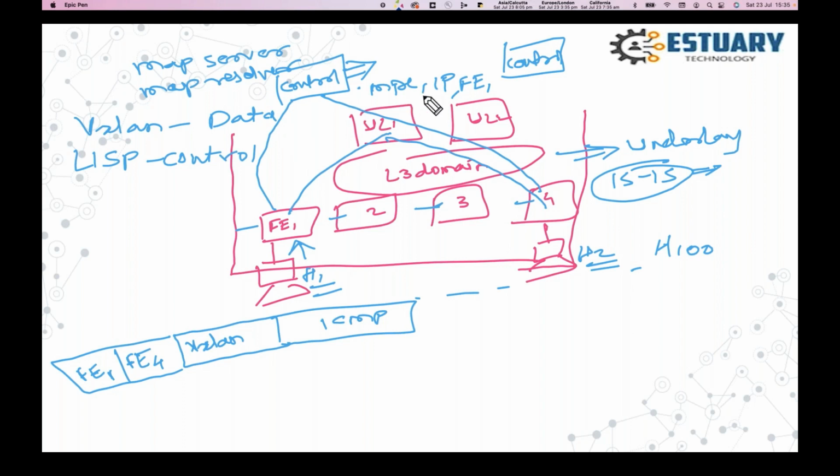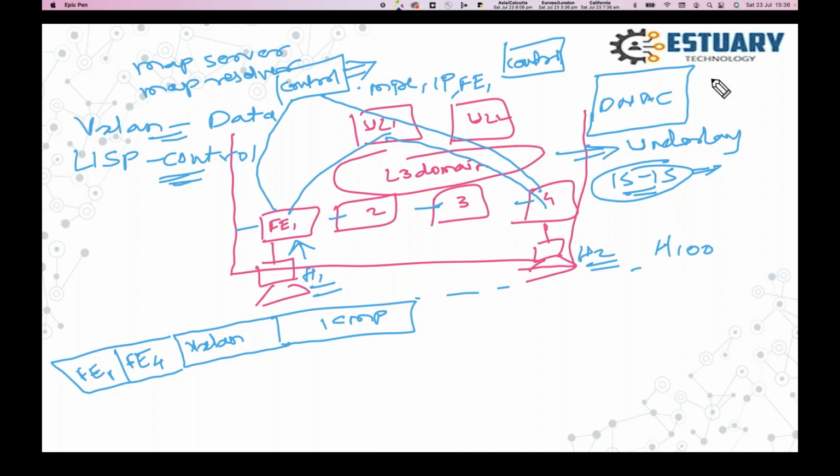Now, the entire configuration of IS-IS for routing, LISP, you don't have to do anything. You don't have to configure VXLAN, LISP, or IS-IS. Everything is done automatically via a controller called DNAC, the Digital Network Architecture Controller.